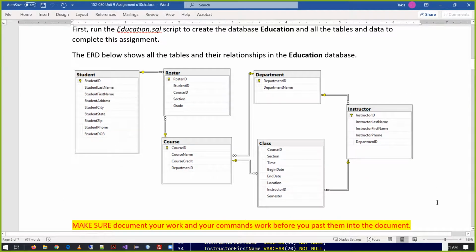Now, if you think about how this works, and this is exactly the kind of thing that I see, if I log into some of our systems here at Gateway, and I pull up a course, based on whatever that course ID is, it'll pull in a list of all the students that are signed up for it. That's our roster. So that roster will have its own unique ID, its own unique listing, and that will tie to the students through the ID. It'll tell us which course it is through the course ID. And then what makes it unique is there's a section number,